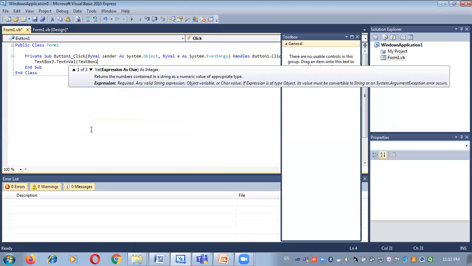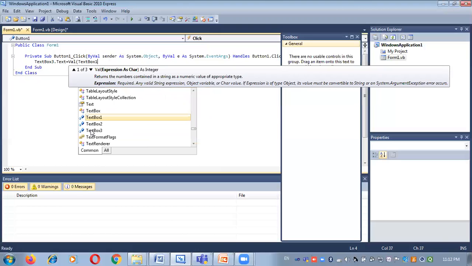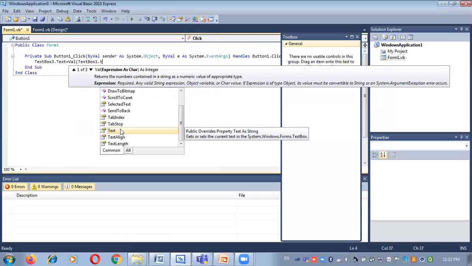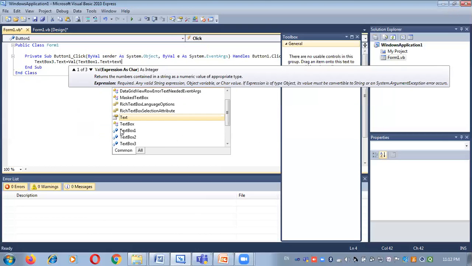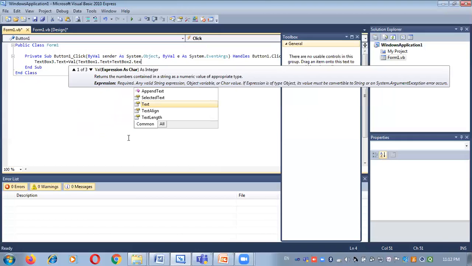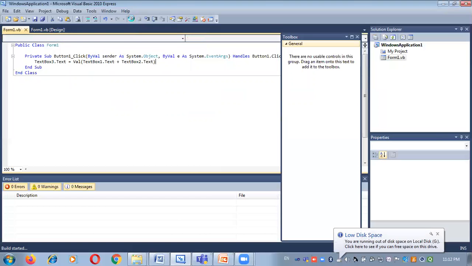Here Text1.Text, so the default property of text box is text, plus Text2.Text. Okay, and close the bracket and then compile the program.